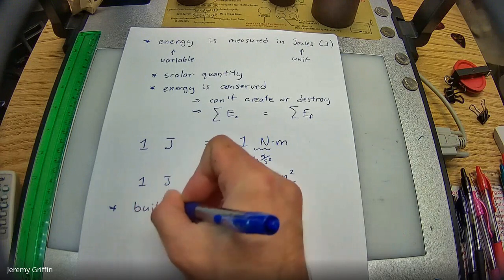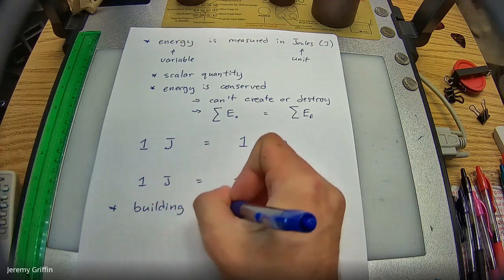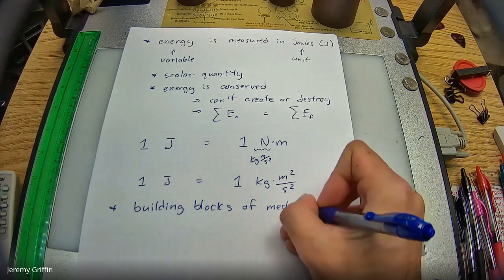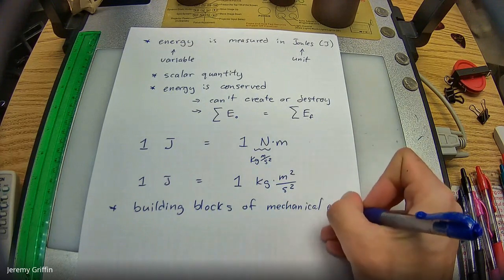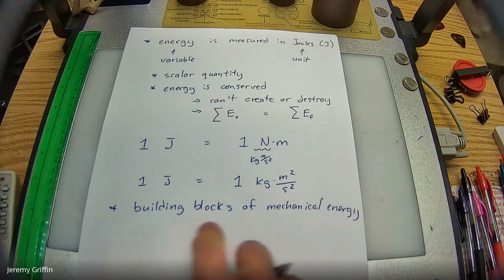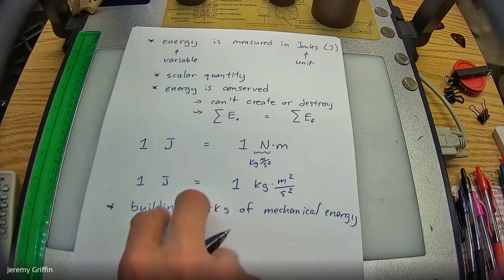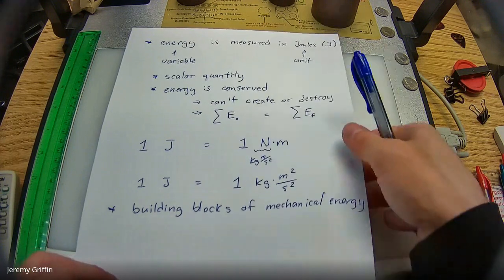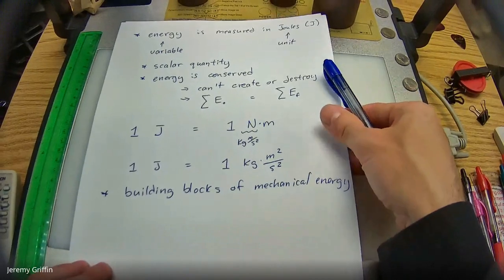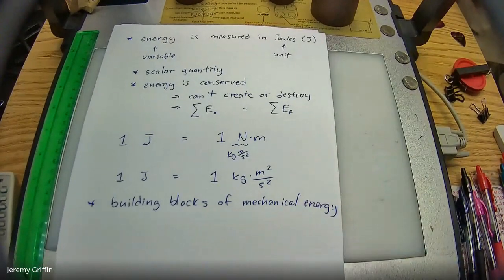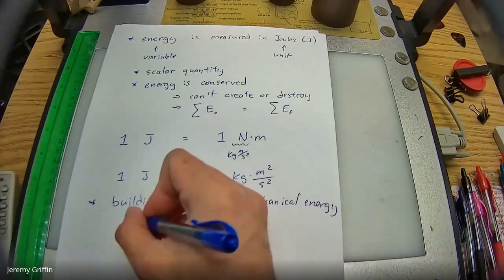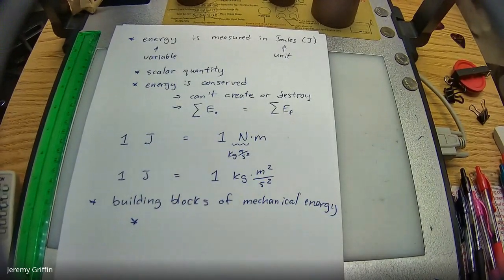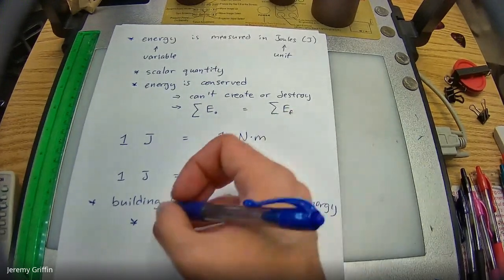Now, for the next few pages of notes, I'm going to give you what I call building blocks of energy. Really, I should say mechanical energy. Building blocks is my colloquialism. Nobody says that, but mechanical energy is a term that AP uses. Energy can take many forms, but there's only a handful of forms we're going to care about for this class to set up conservation of energy equations. This first one is maybe not technically part of the set, but we'll treat it as part of the set.